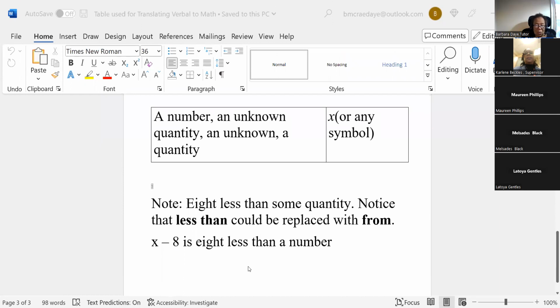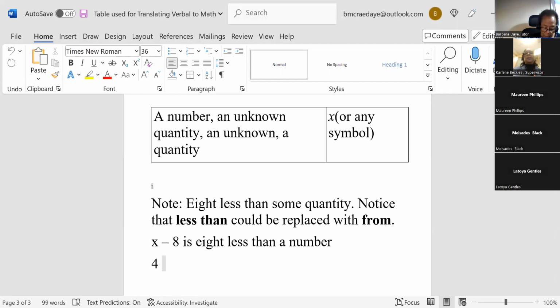Right there it says X. Questions? Yes, Mercedes? Ma'am, it says right there X minus 8 is 8 less than a number? Right, 8 less, and the number is X. Remember, the number is any variable. Okay. I'm not sure I understand the word. Okay. If I said 4, let me just actually put it,